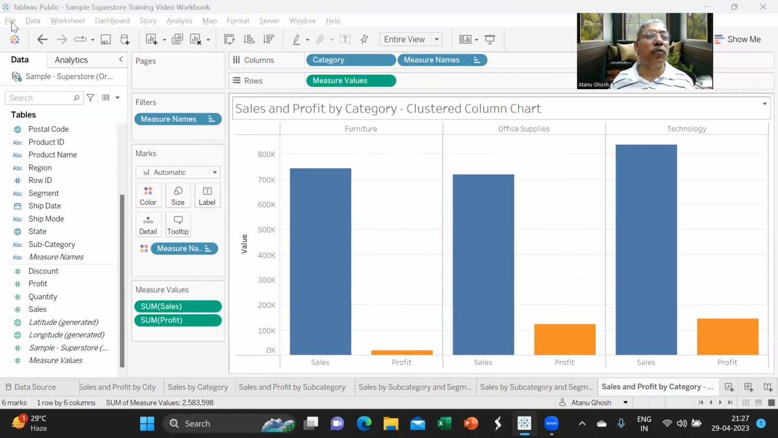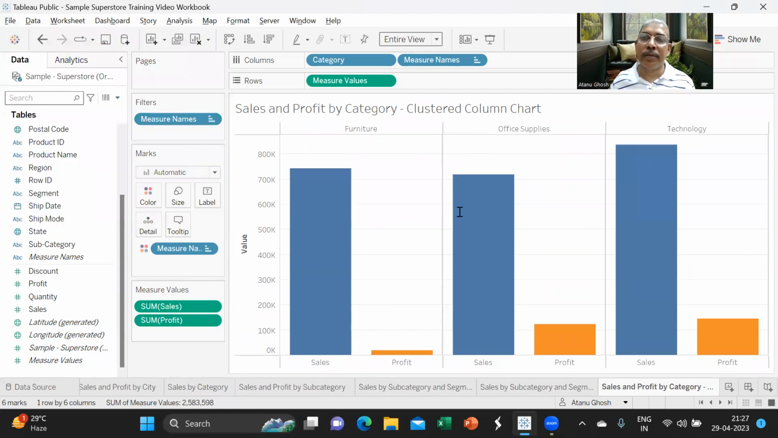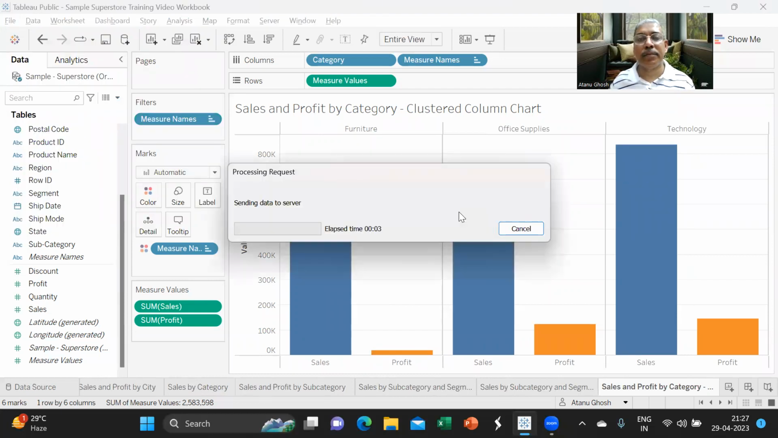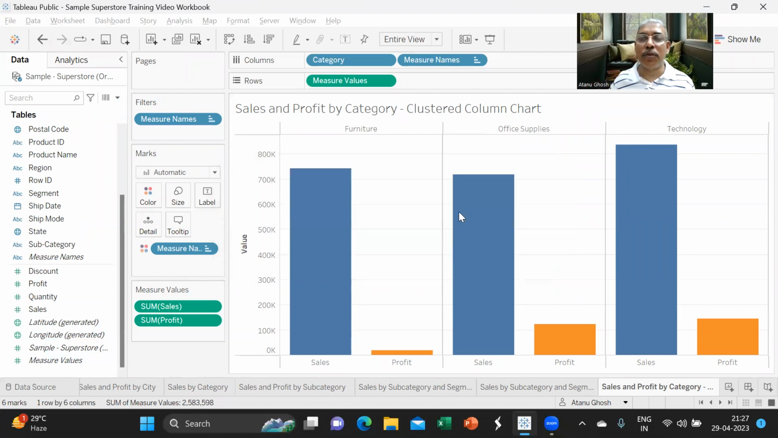Do not forget to save to Tableau Public and download the file so that you can use it for your future